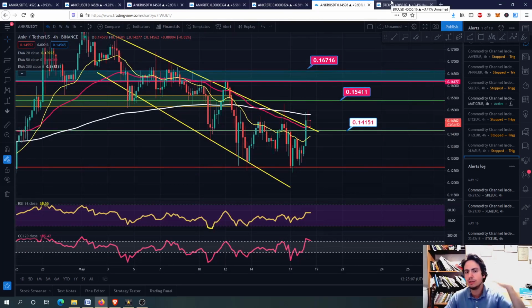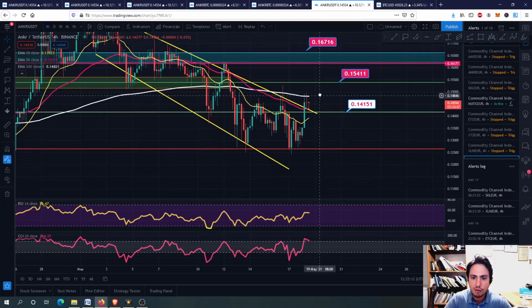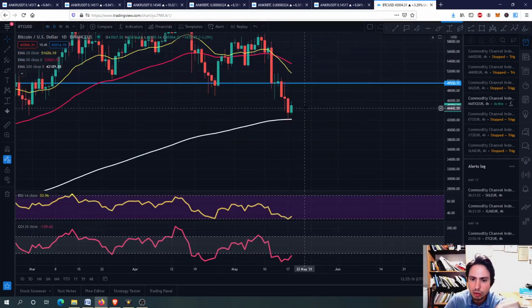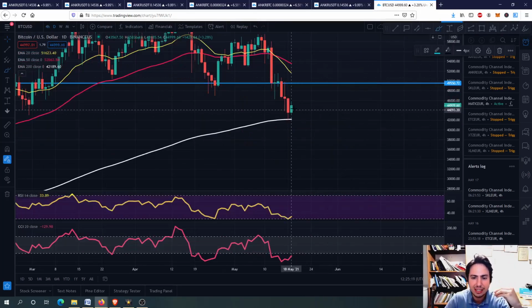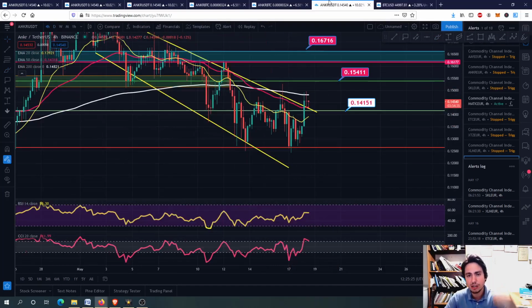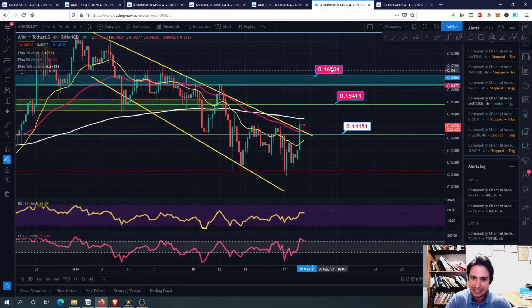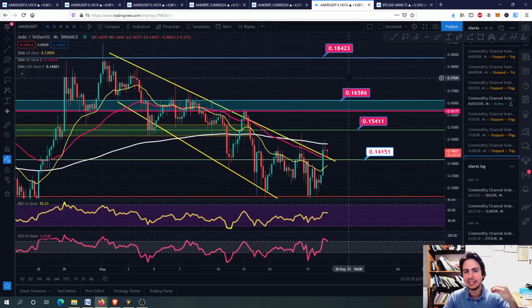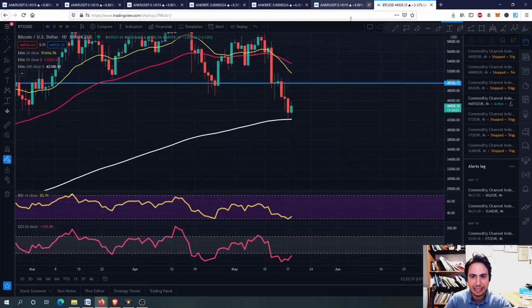For example, if Bitcoin goes to like 30k USD, just a random number, then of course Ankr won't be able to go upwards. But if Bitcoin just goes a little bit upwards, like we expect, and then it can go downwards, then Ankr can easily break the 15 cents and then retest the 16 to 17 cents. I am telling you this, it will be easily breakable, but we need Bitcoin just to go upwards for quite some time. We need to stop seeing it go so much downwards.